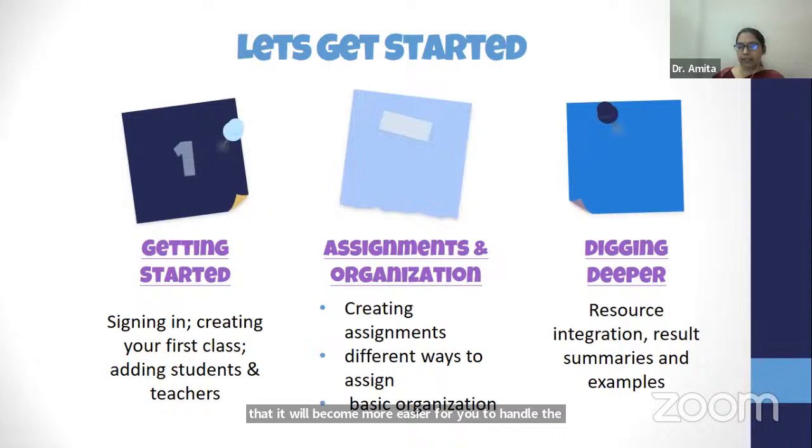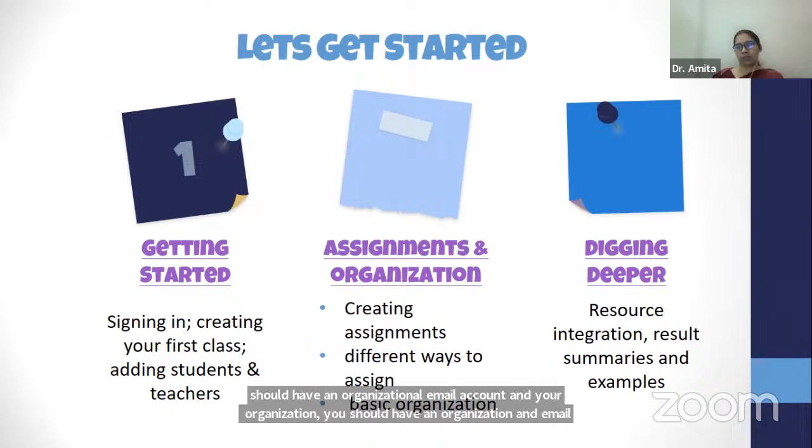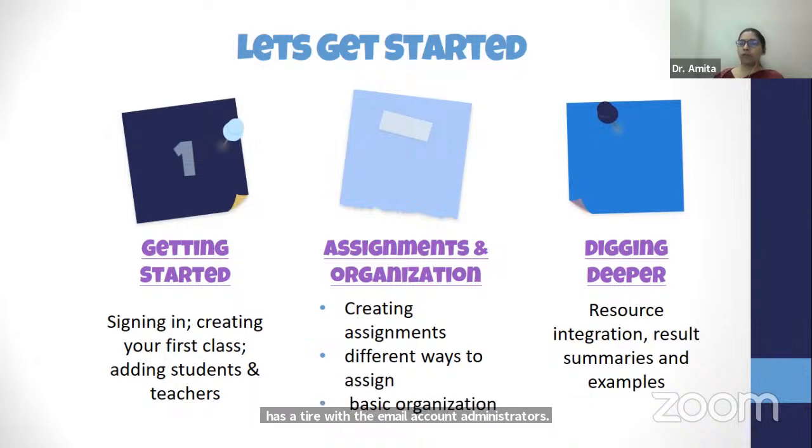Now let's get started. So first, we have to start creating a Google Classroom. For that, you should have a Gmail account. If you are working in an organization, you should have an organizational email account, and your organization should have a tie-up with the Gmail account administrators, so that they can provide you the service of G Tools with the Google Classroom. Even if you don't have that, you can work on your normal Gmail account to create